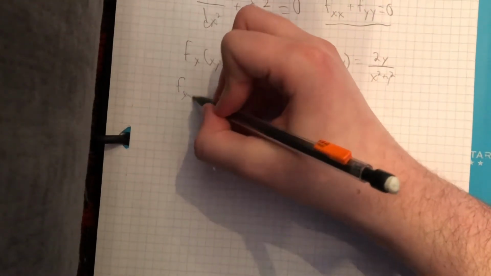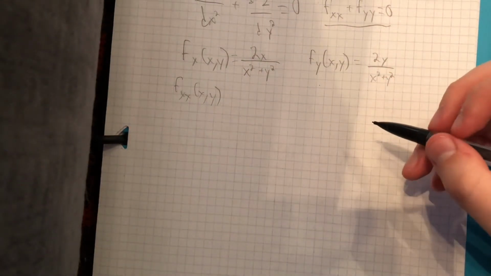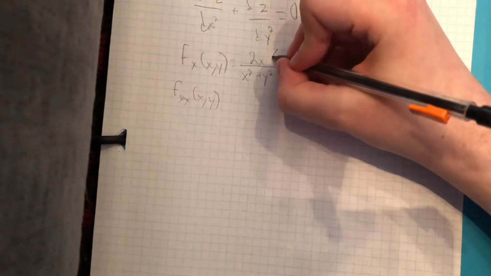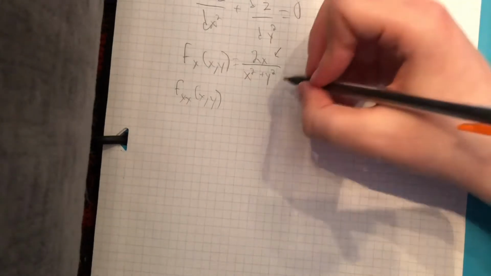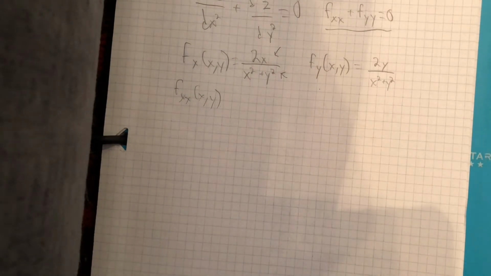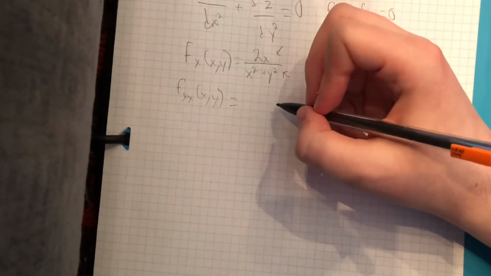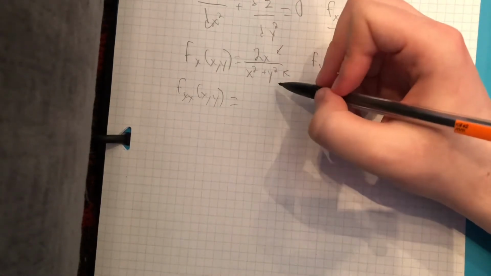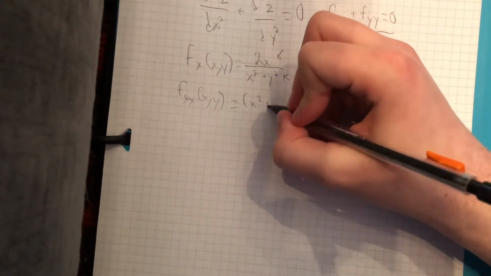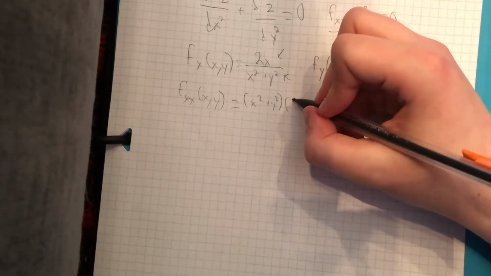So let's start with f sub xx of x comma y. For this, we are going to want to use the quotient rule of taking derivatives. For convenience's sake, I'm going to refer to the top part here as f of x, and the bottom part here as g of x, just because that is what is traditionally used in the quotient rule. So we are taking the quotient rule derivative here, keeping in mind that y is just a constant. And so that is going to be equal to g of x, which is x squared plus y squared, times f prime of x, which is just 2,